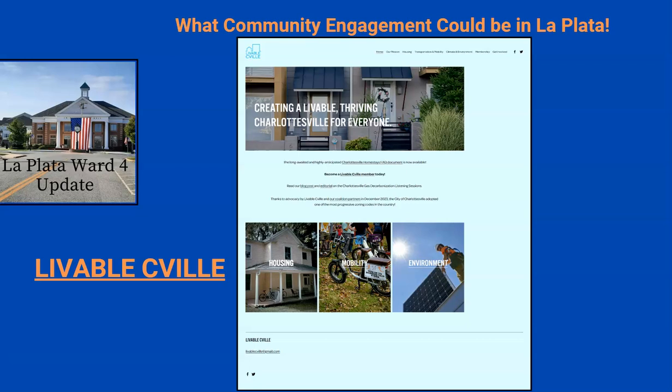my decision that I will not be running for office from Ward 4 in 2025. The reason being, for many reasons, but the primary reason is that my wife and family, we will likely be leaving the La Plata area within the next 12 to 18 months to be closer to our children and now our grandchildren. So if I were to decide to run and if I was fortunate enough to win, it would not be fair that I could get a year into that term and then I would leave. So that's not fair, and frankly, I need to be considerate of my family and my own health as well.